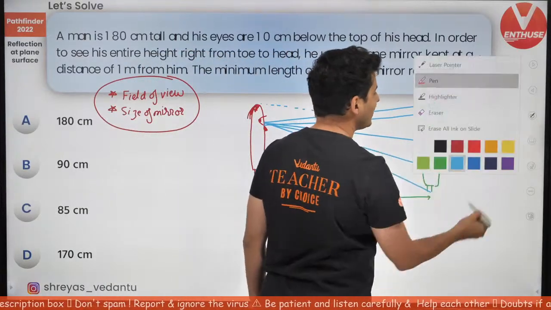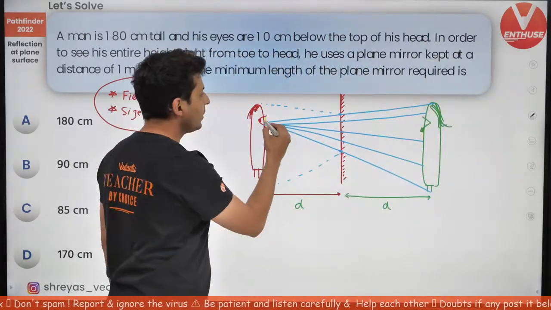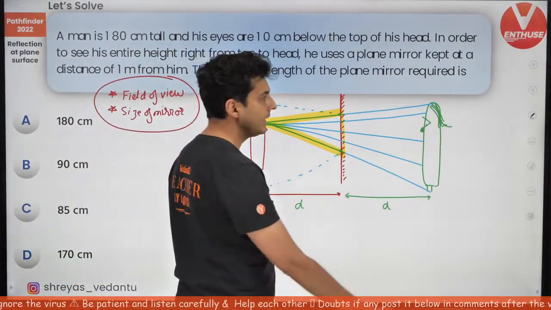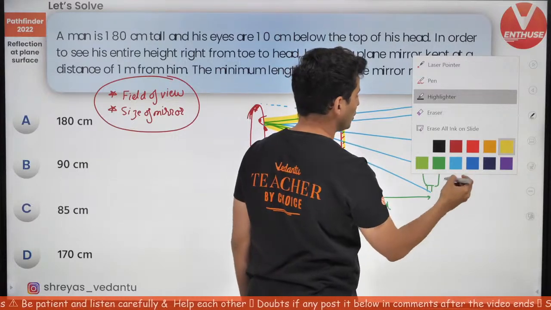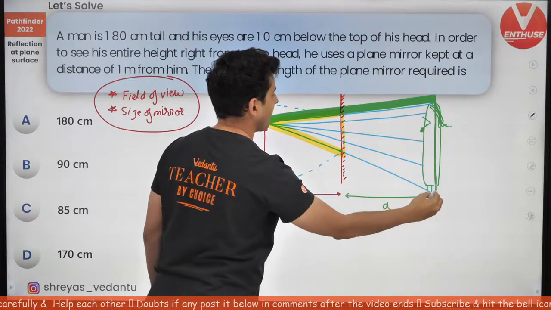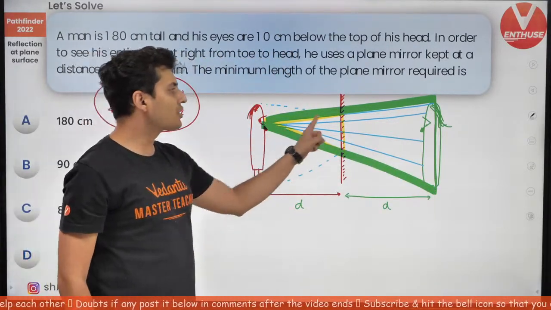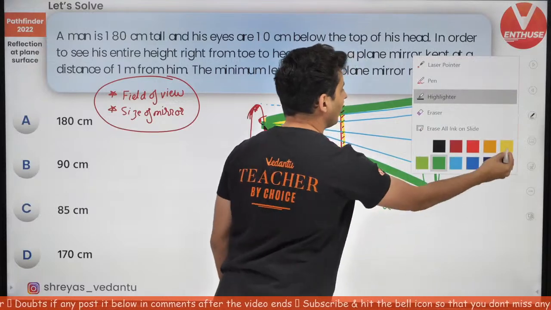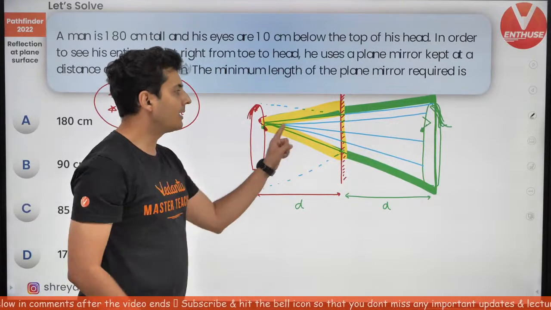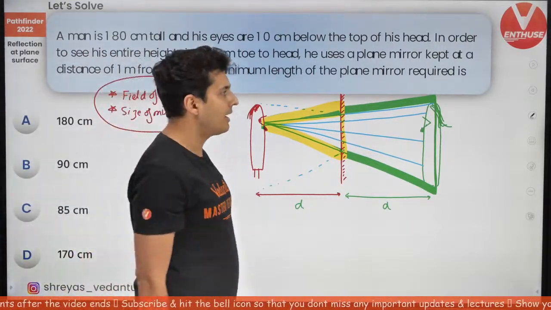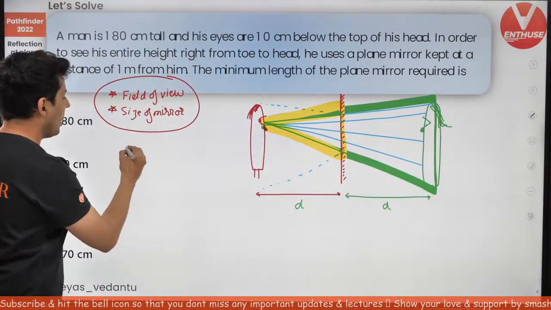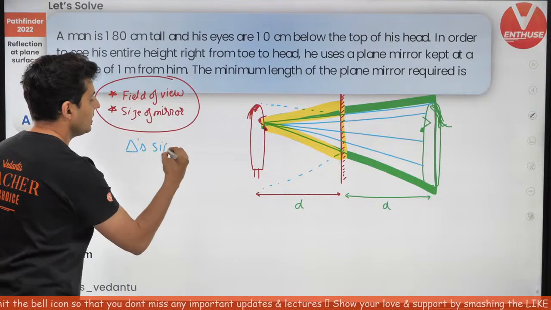Now, I want you to see this very, very clearly. Look at this triangle. Can you see this beautiful triangle? And look at another triangle which I am going to show you right over here, like this. These two very, very important triangles right in front of you, this triangle and that big triangle. Aren't they similar triangles? Tell me, my warriors, aren't they similar triangles? Yes or no?